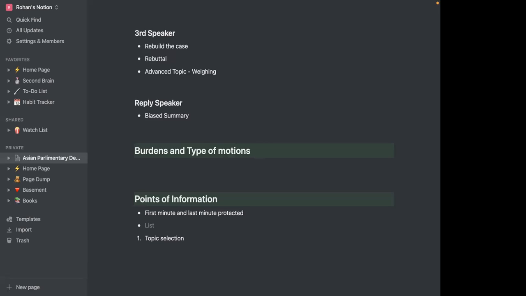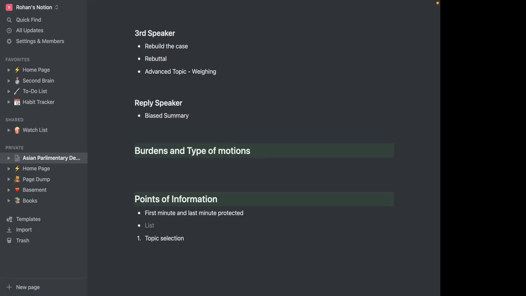So therefore, it's useful. How many should you take? Normally, during a 7-minute speech, you're advised to take 1 to 2 POIs. More than that is bad, obviously, because you want to focus on your own material, and you have stuff written down that you want to express within a debate. Just taking points of information is bad, because you don't get time to actually give your own arguments, because you're replying to those questions. So taking more than 2 is extremely bad.